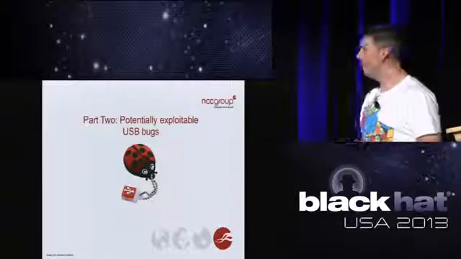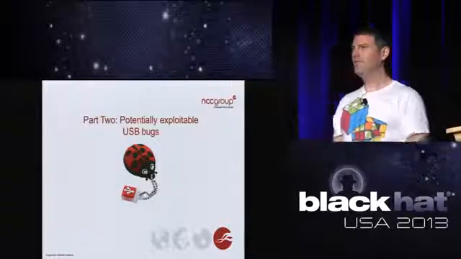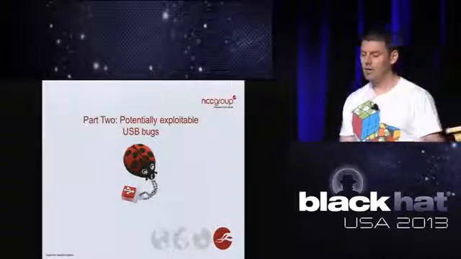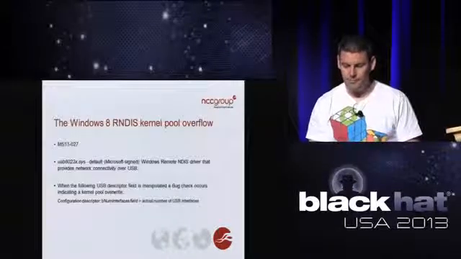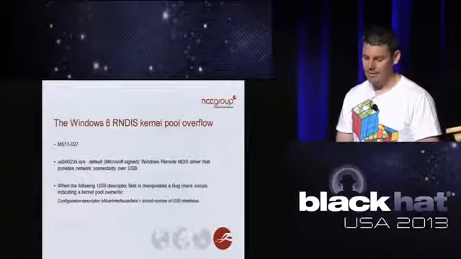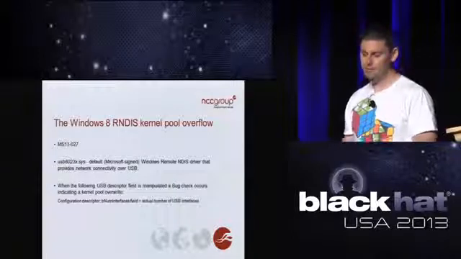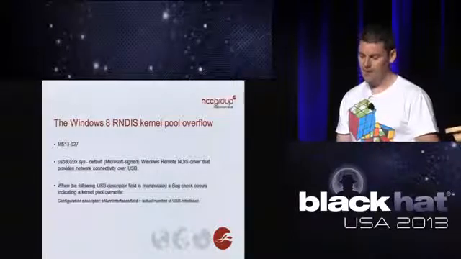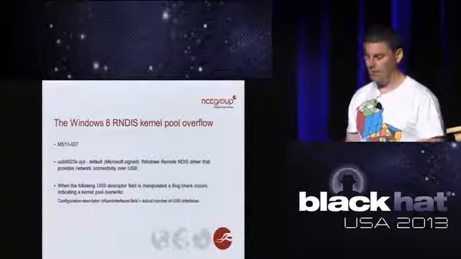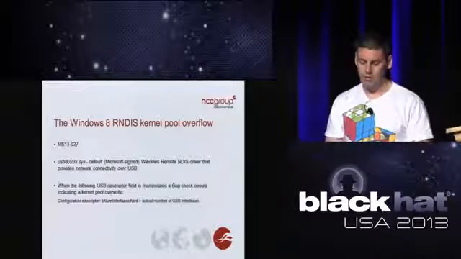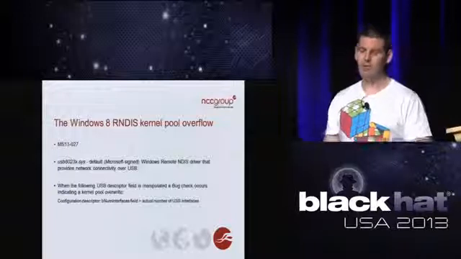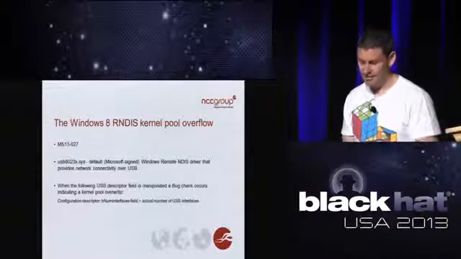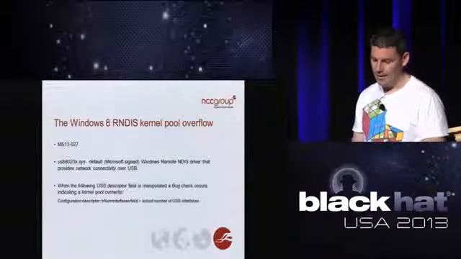Okay, moving on to part 2 then. So as a result of fuzzing, earlier on in the year, I discovered a bug in Windows 8 in the RNDIS protocol. And it's a kernel pool overflow. It was patched quite a while ago, so there aren't any issues with me discussing the details now. So